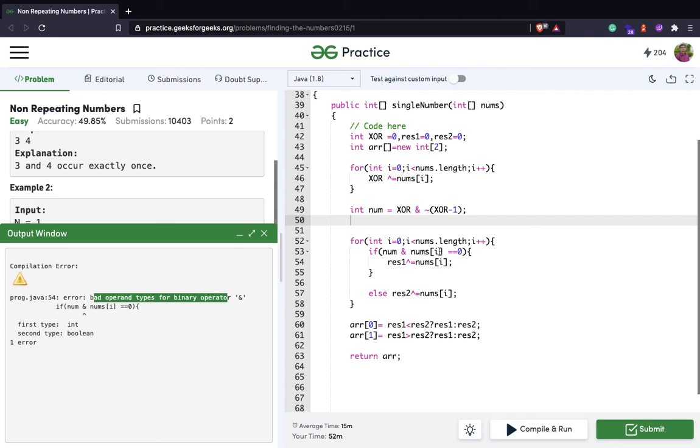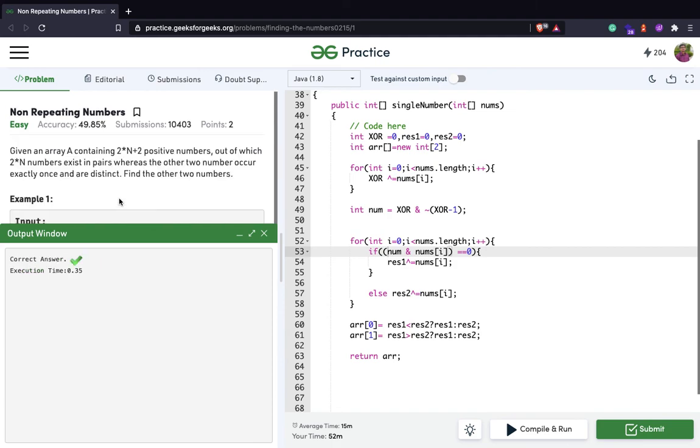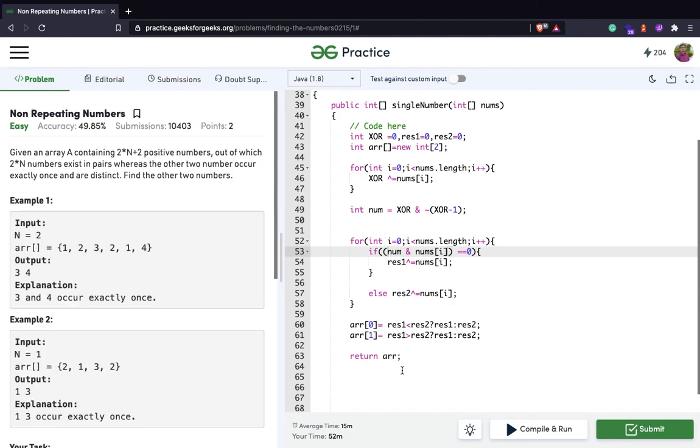Oh, I think I need to enclose it in parentheses. Yeah, so the output is correct, 3 and 4. Yeah, so finally the code is submitted.